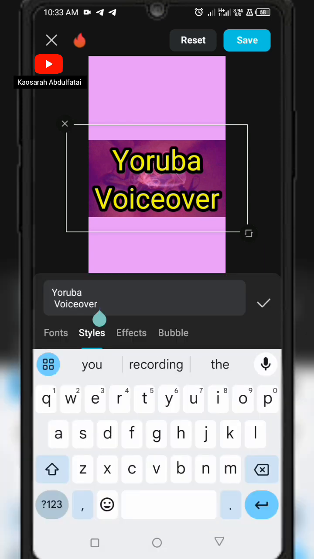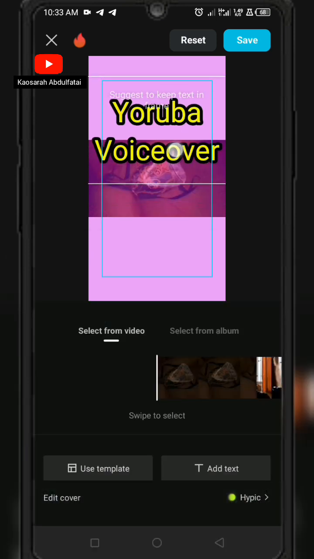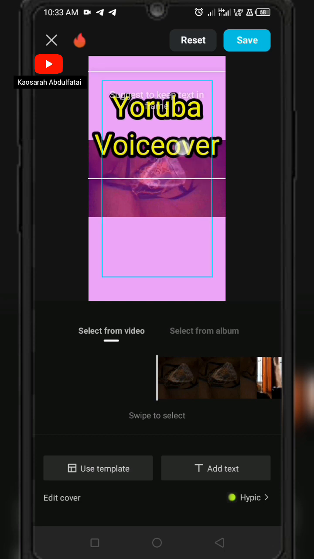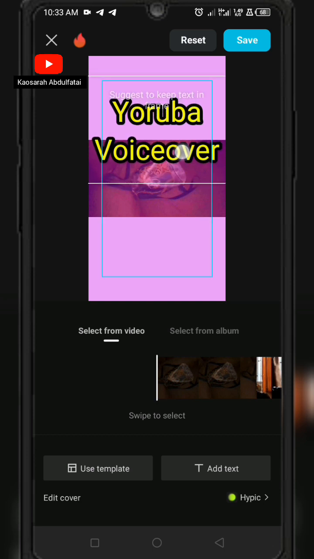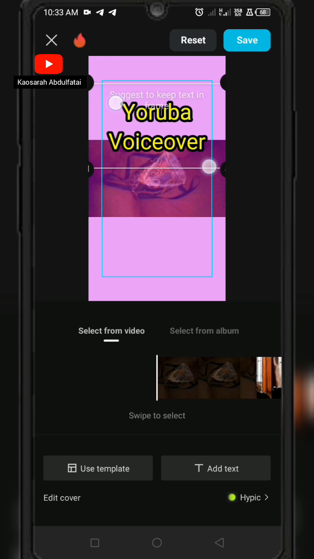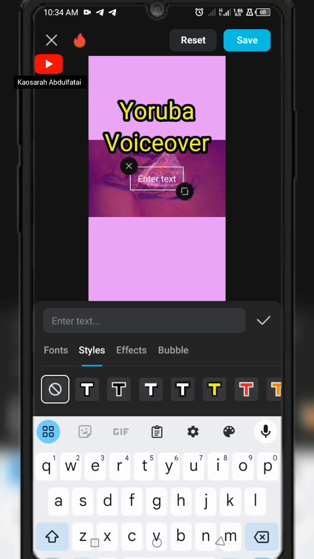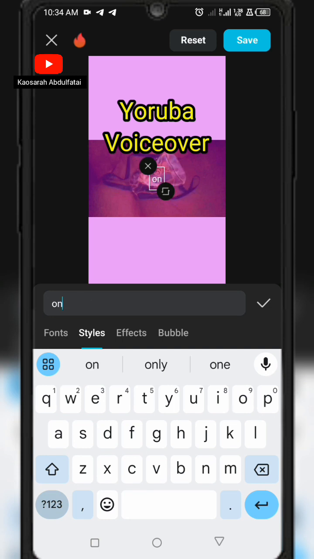So I'm going to close this as this is done. I will adjust it a bit forward. Can you see that it has passed this box that is there? So I have to shrink it a bit again. You see, I'm keeping it in frame. Yeah, it's not too big. Now it's in frame. Now I'll add the second part of the text, which is Yoruba voiceover on